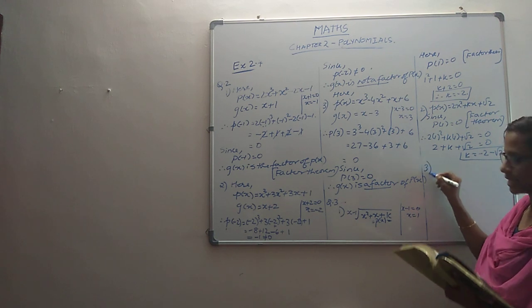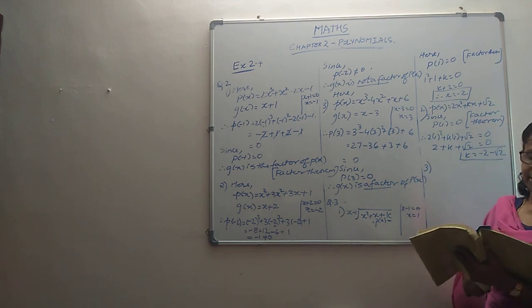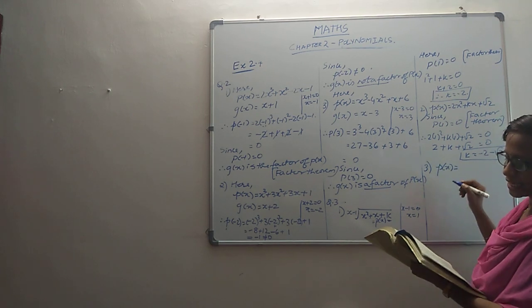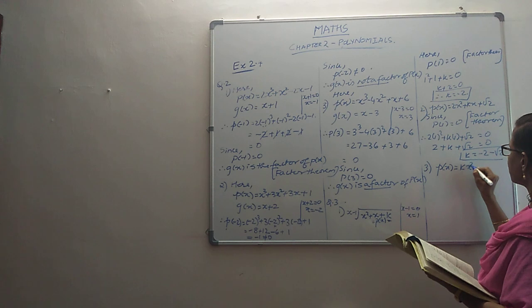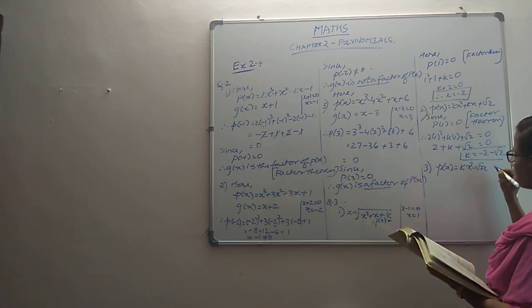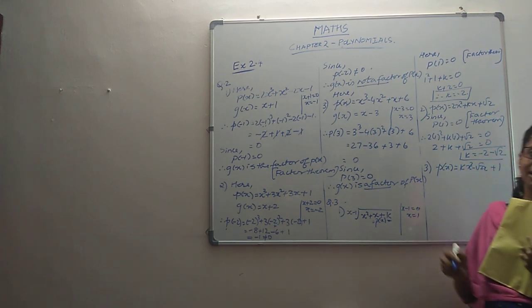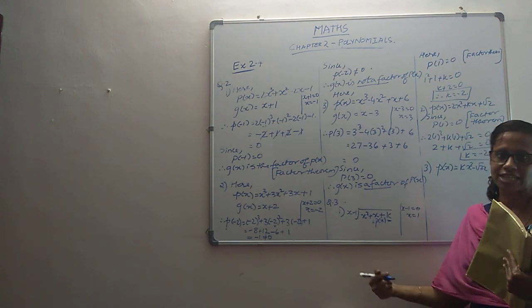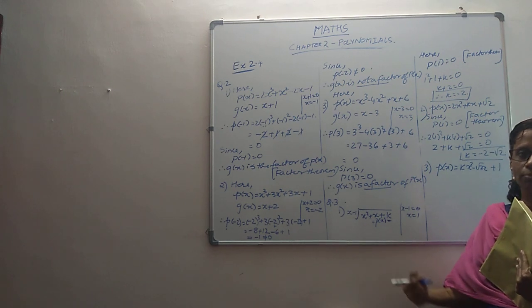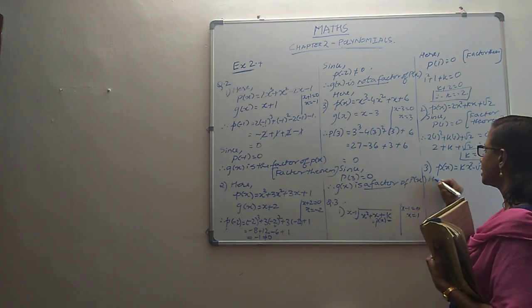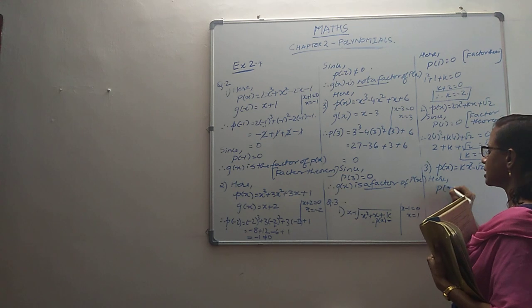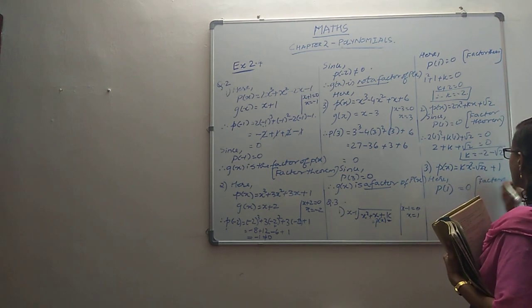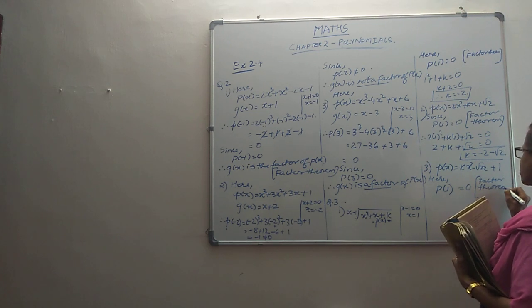Then we have the third case where the polynomial is given to us as kx squared minus root 2x plus 1. The idea is the same. We know that this is being divided by x minus 1, and it is a factor. Because it's a factor, by factor theorem it's clear to us here. We know that p of 1 is 0. Why do we know it? We know it by factor theorem. And as a result, it allows us to substitute these values.